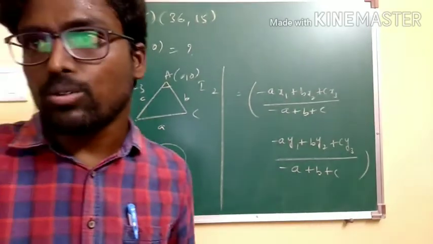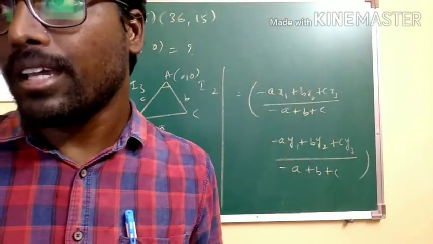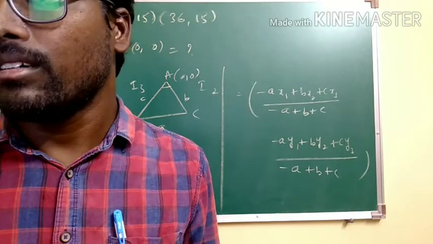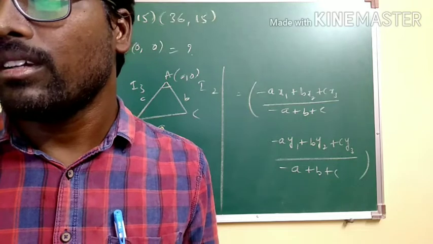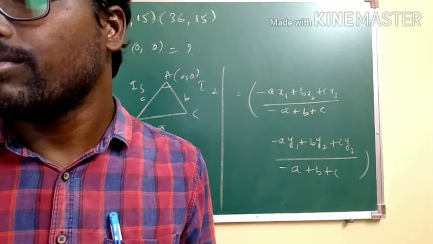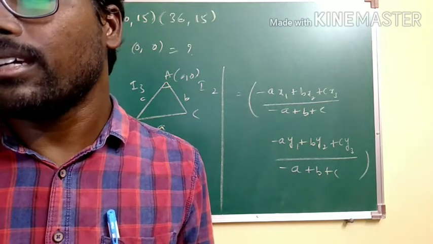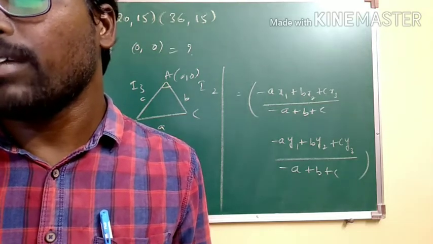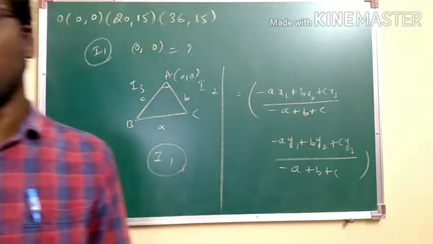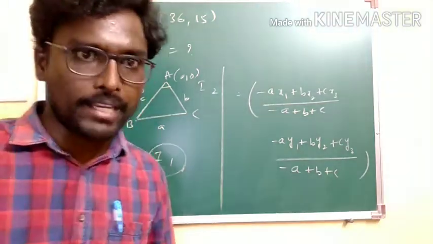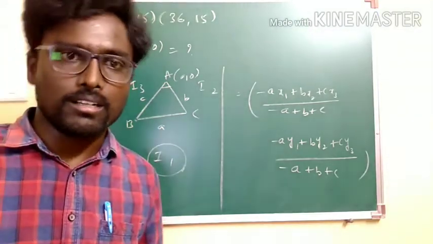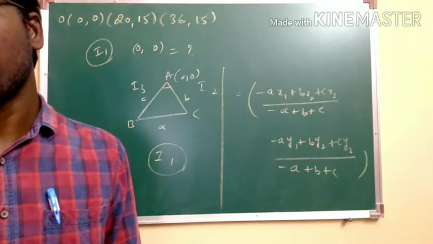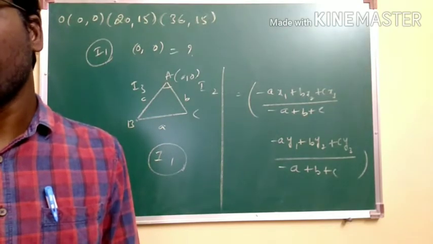Here I am also going to provide you the key, so please keep watching. Here I think you will be getting 35, 20. You will be getting 35, 20. Please check. If you don't get it, don't panic. You just update me so that I'll clarify your doubt over WhatsApp. Okay. Next, we are going to the next problem.